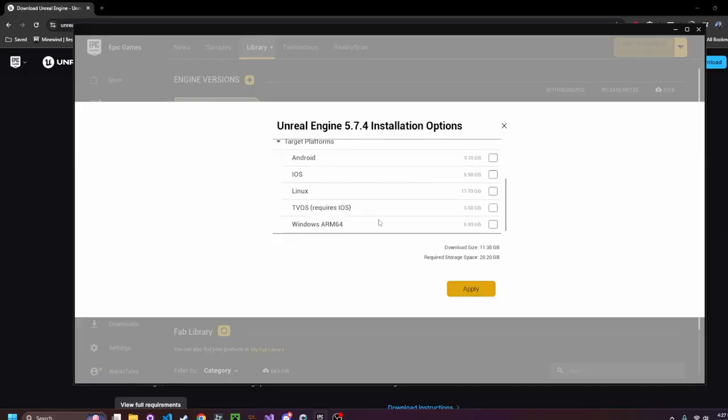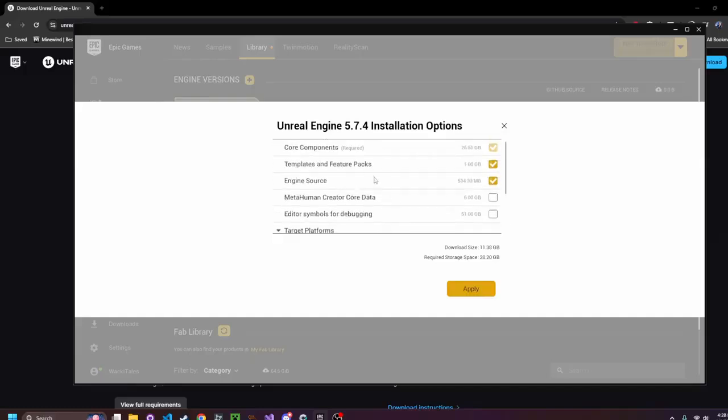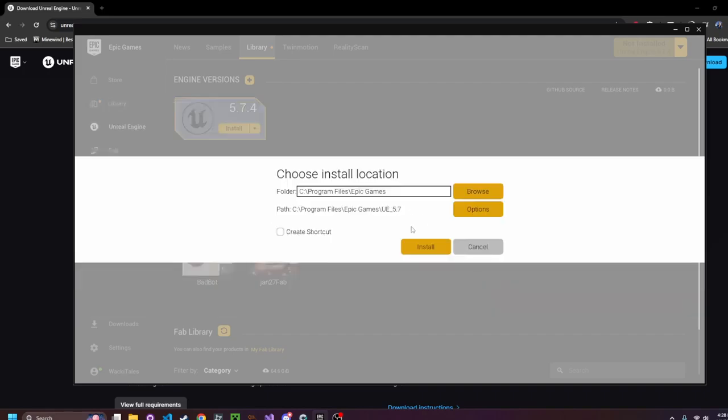If you know you're building for a certain platform, you can download that now. If not, I would wait till later. Templates and feature packs, I would go ahead and download. It's only 1 gig. Well, it depends on how much stuff you have in storage, but hit apply, install,